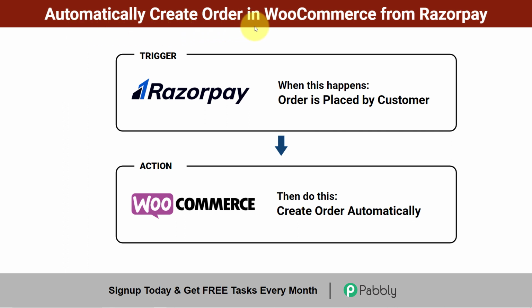How to automatically create an order in WooCommerce from Razorpay. So assume that you are selling a lot of products from your WooCommerce store, and for collecting the payments of those products, you are using Razorpay, which is an Indian payment gateway. Now you want that whenever an order is placed by a customer via Razorpay, the same order should be created automatically